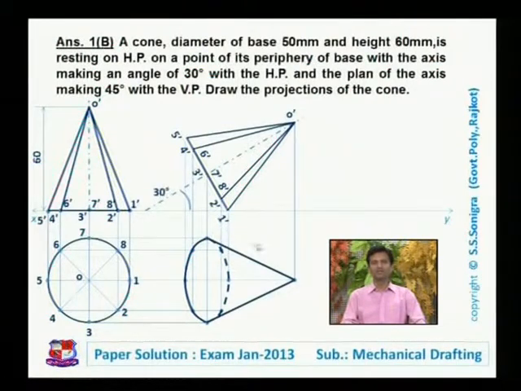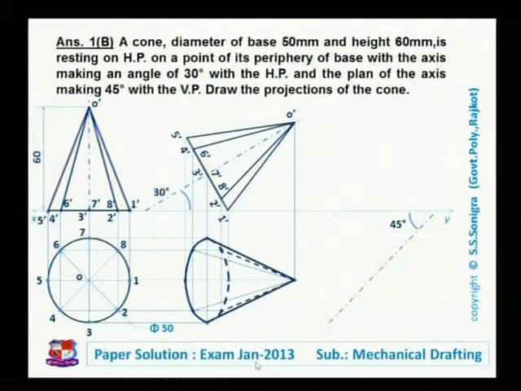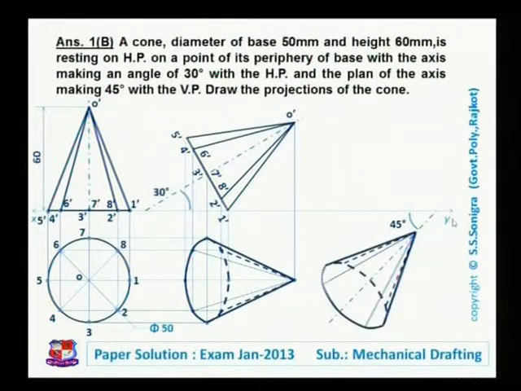Now we have to tilt this top view in such a way that it makes an angle of 45 degree with XY line. So for that, let me draw a line at an angle of 45 degree. Insert the dimensions like this. Draw a line at an angle of 45 degree with XY line like this. You can draw this line anywhere on XY line to the right side of these two views, and redraw this figure over here.